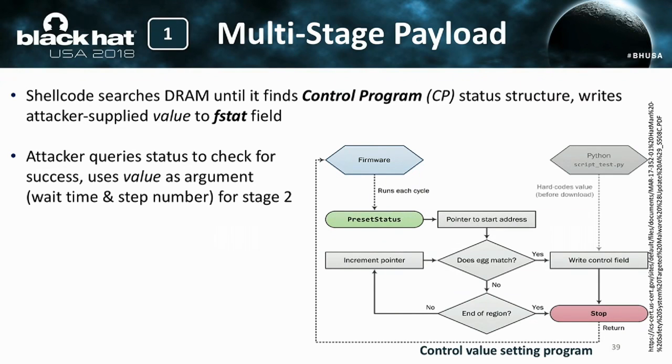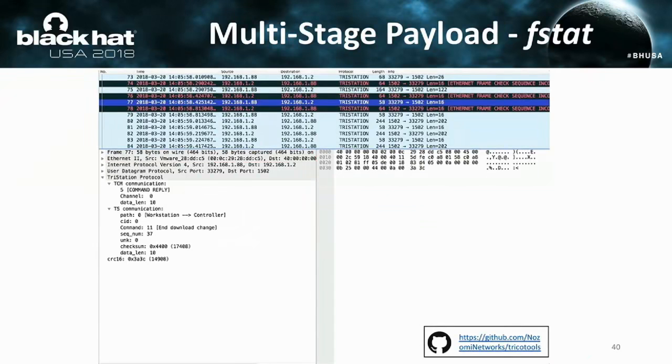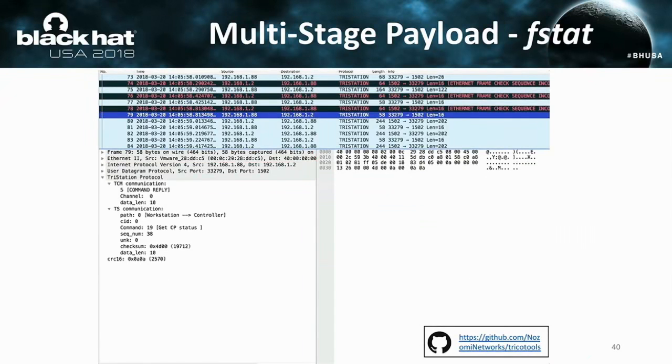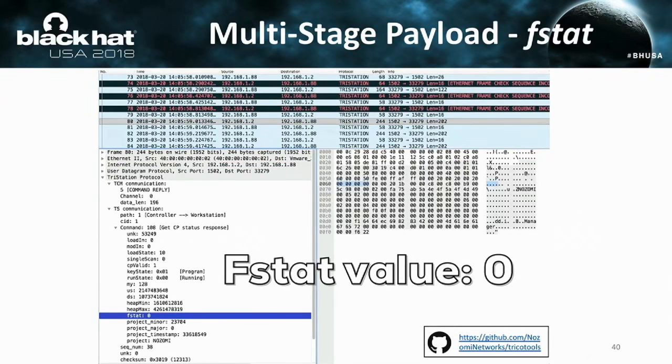And it actually could be any value. As soon as the attacker is successful, they understand that they're in the right version of the firmware. So this is how it looks when you look at this at the protocol layer. The attacker is searching for that fstat field, and the default value is actually 0. And then the attacker is trying to change that value into